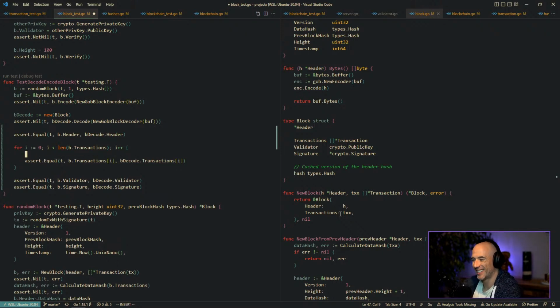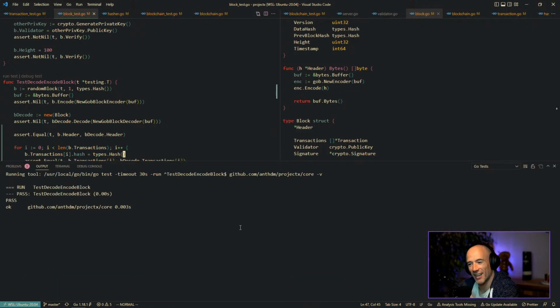Wait. It's the hash, right? It's the hash of this thing still in memory. But after we decode things, like I mentioned, the hash will be 0, but it doesn't matter because it's getting recalculated all the time. But we have our caching system, blah, blah, blah, and that's blocking us the whole episode. So you're going to say b transactions hash is going to be this. It's so hacky, but yeah. Okay, and how